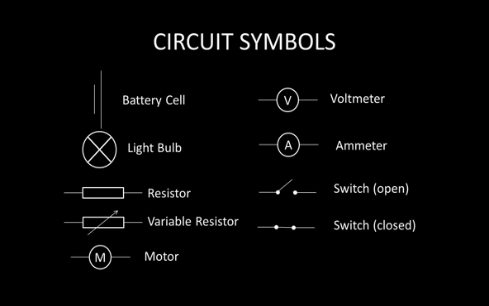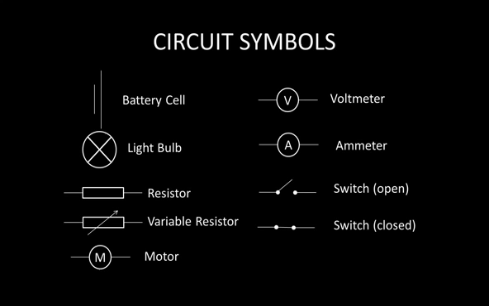Alright, next are your circuit symbols. Now basically these symbols are just the appliances or devices that are used in the circuit. If you look carefully, maybe maximize the video screen, you could see that we have a battery cell, a light bulb, a resistor, which basically just gives resistance, or, well, everything gives resistance, but with a resistor you know exactly how much resistance it gives, which is very useful. A variable resistor, which is exactly like a resistor, except you can actually change the resistance at will, which is useful. A motor, which is kind of like